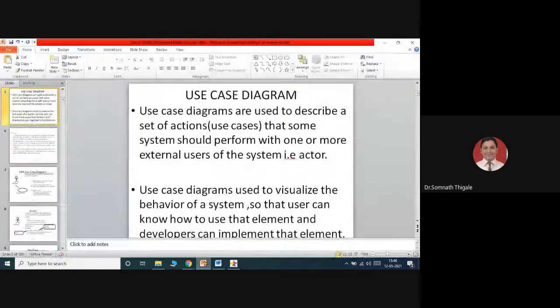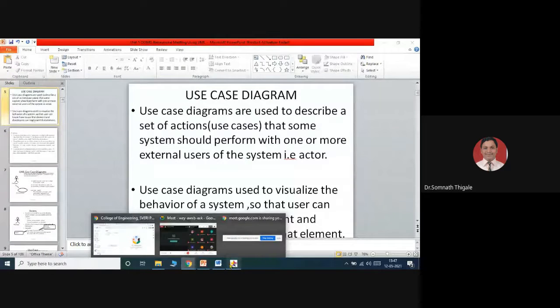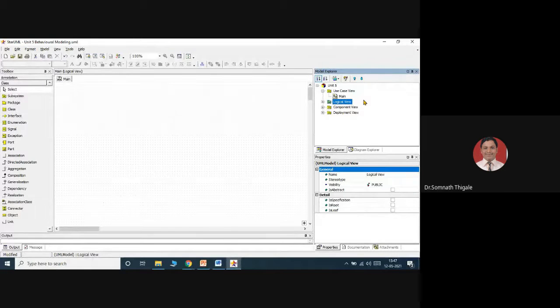So simply remember, we are going to draw this use case diagram inside this use case view. Okay. So the first diagram we are going to draw is the use case diagram.